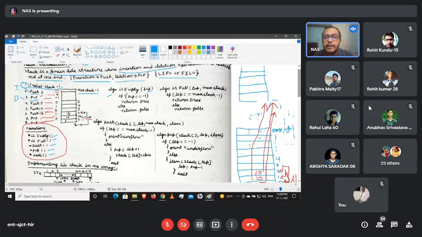So that's the algorithm. If top equals -1, which means our pointer is showing at the white position, our total stack is empty, return true. And if it's not at the -1 position, if it's on 0, 1, 2, 3 or any other position, that means there is data within the stack. So that is our algo of stack is empty.